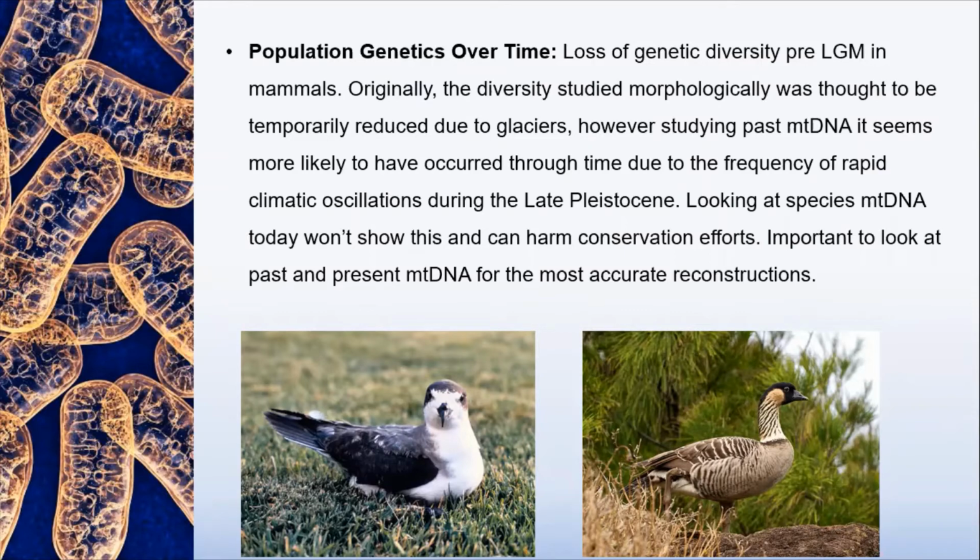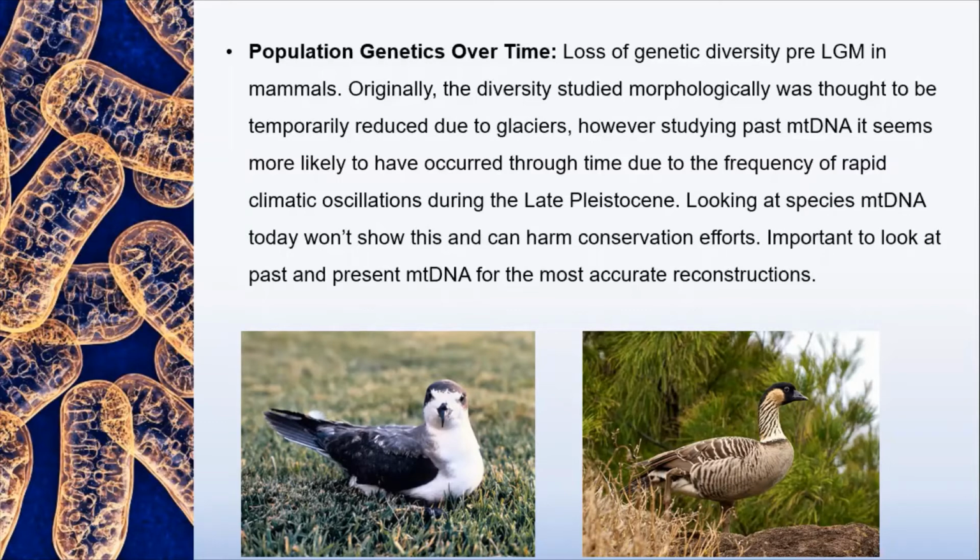Similar to the previous point, population genetics over time is studied. There is a common theme with the loss of genetic diversity prior to the last glacial maximum in mammals, such as the brown bear, Arctic fox, bison, and lemmings. This contradicts previous studies which suggested a reduced genetic diversity due to the glaciers. So the loss of genetic diversity seen before the last glacial maximum is likely to have occurred because of the